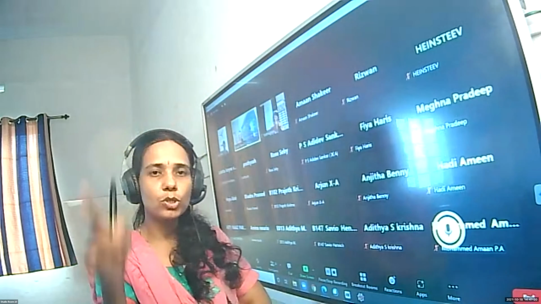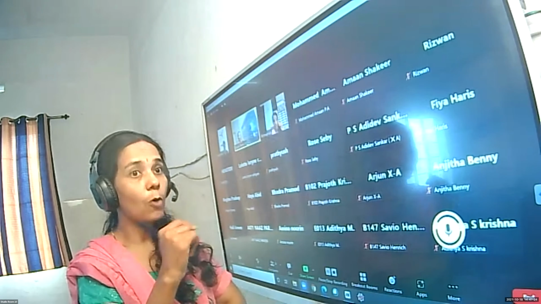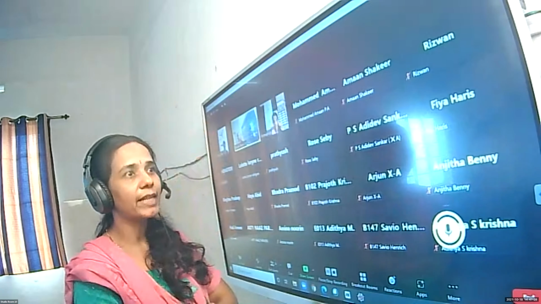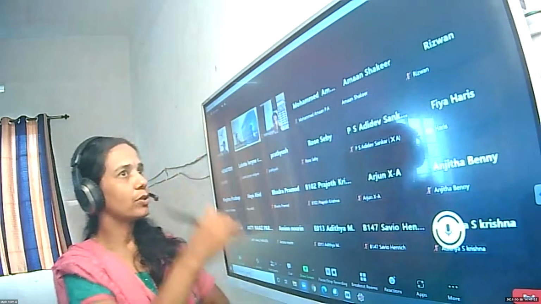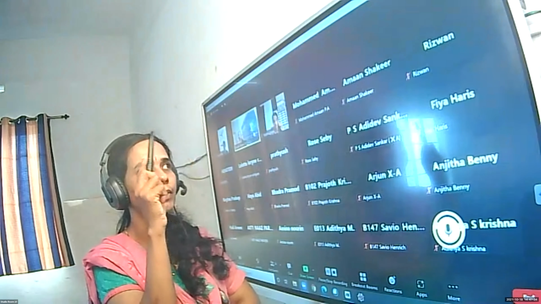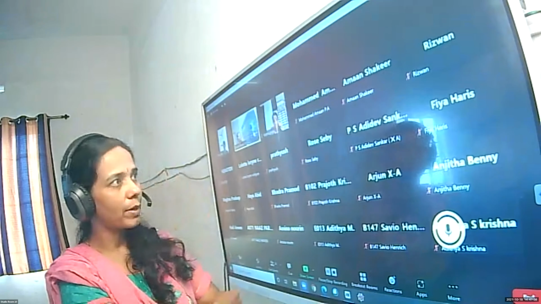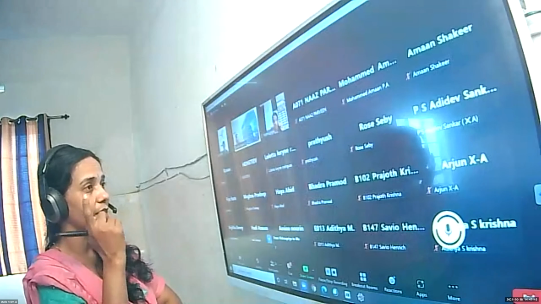Consider the usual clock we use at home. For one day, how many times will the hour hand revolve? How many complete revolutions will be made? If you take the clock, it starts from 1, 2, 3, etc., up to 12, isn't it? So one day means how many hours? 24 hours. How many revolutions?